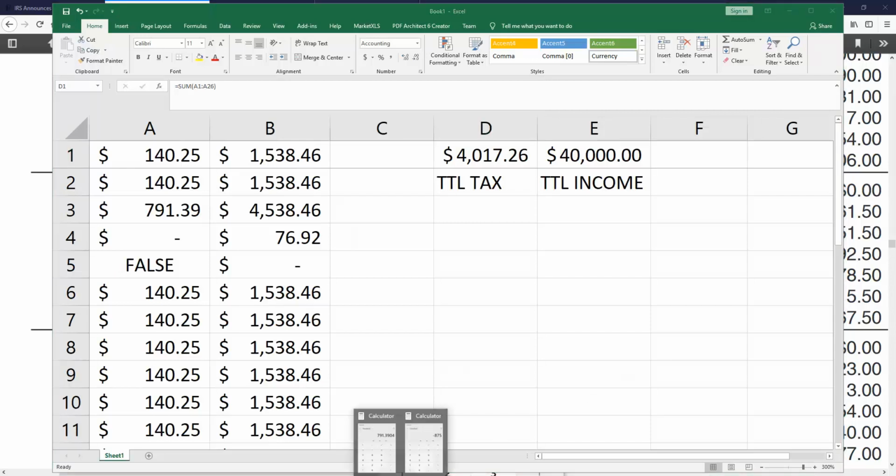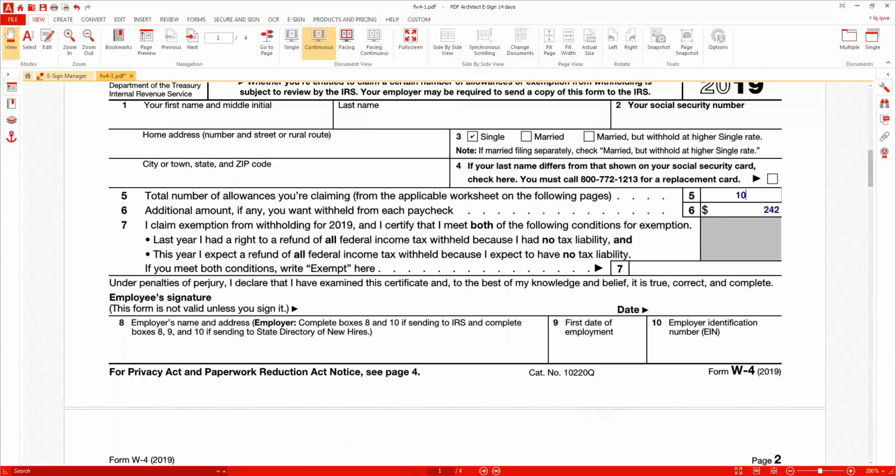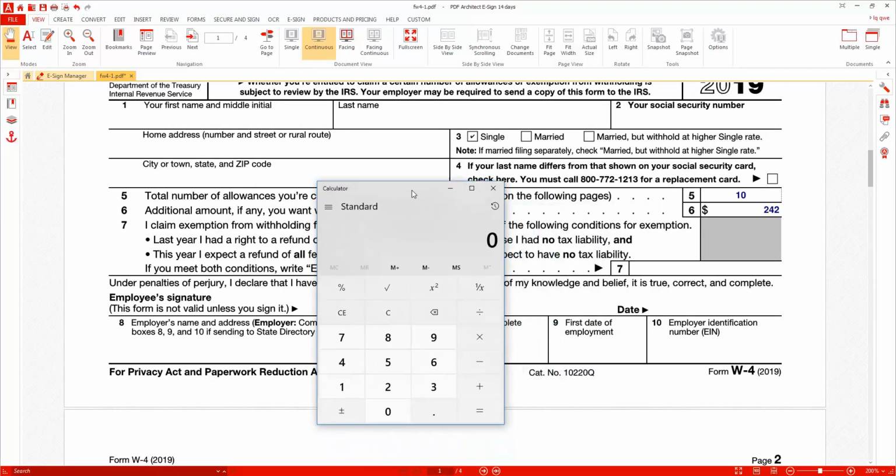Now, in all these examples, I've been using $40,000 of income, right? Now, for 2019, no one really knows how much money they're going to make, right? So what you have to do is estimate your income, okay? And I seriously suggest recalculating your W-4 at least 3 times a year. At least 3 times a year, okay? Here's the way this works.